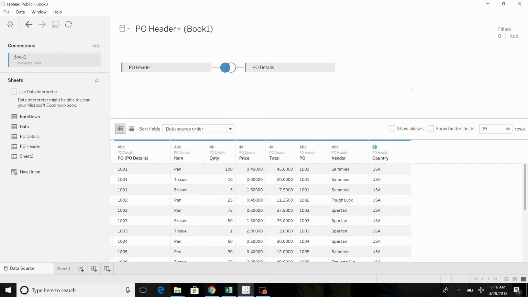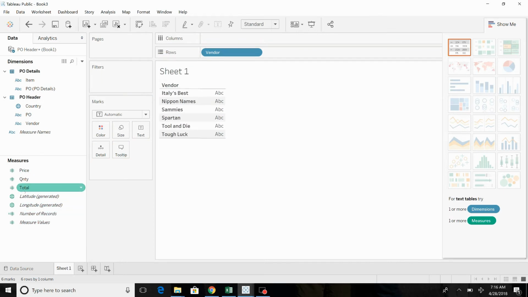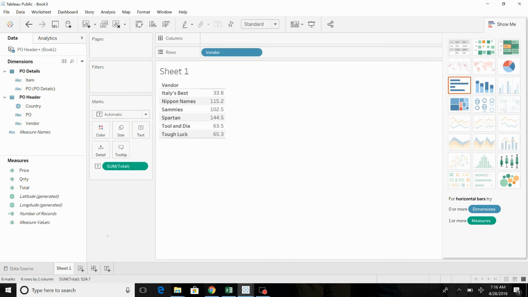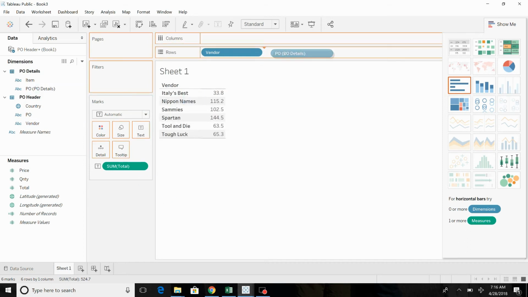One last thing to remember is now that you've got your data linked, let's come over to the sheet and I'll demonstrate this real quick. We're going to select the vendor. I'm going to bring that over. We want the total dollars, so we're going to bring that over, drop that. And now let's say we want to know what POs for each supplier. Now it's really important that we know which POs we want to show. Do we want to show it as an INT, or would we rather show it as just the 1, 2,